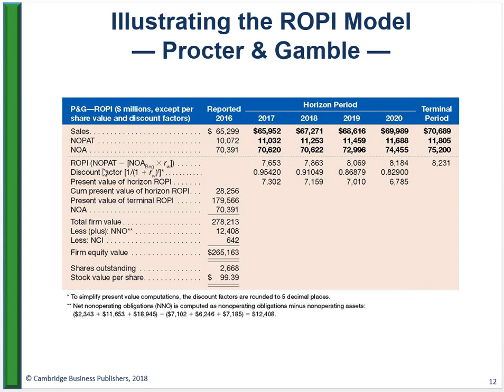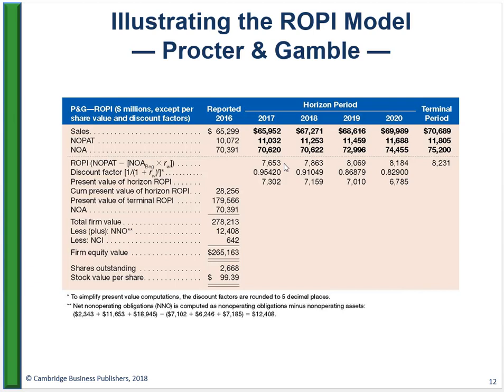With net operating assets, we can calculate net operating assets at the beginning of the period times our WACC. We can calculate what we expect to be a company's return. Now, when we take NOPAT and we subtract that expectation, we get a residual operating income. That residual operating income, which in 2017 is 7.6 billion, is the number that we will discount back